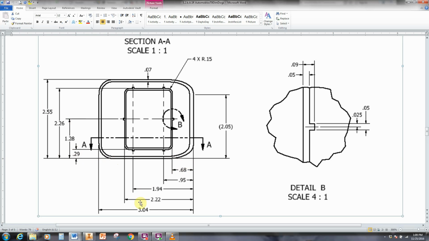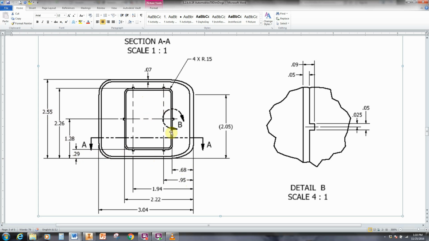I'm going to lay out my dimensions exactly like they are here, and I recommend you do that too. Don't leave these dimensions laying all over the place inside your part where they get really confusing and they're in your way. I'm going to place them nice and evenly and try and keep the dimension here right in the middle. Keep that dimension and that dimension between the lines. Same thing we're going to do on this left side here as we measure from the bottom